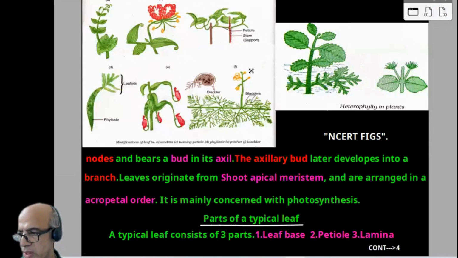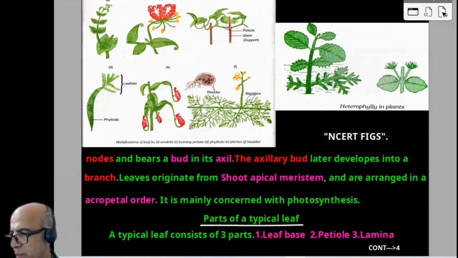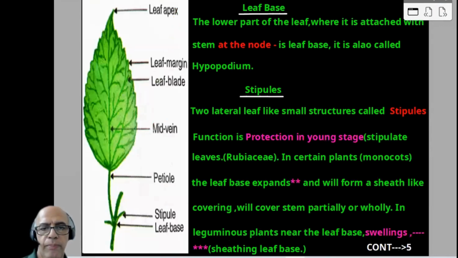All NCERT diagrams, new also there. Now, next we proceeded with the leaf. What is a leaf? From where it originates and how it is arranged. Then after that, parts of a typical leaf, epipodium, mesopodium, hypopodium, leaf base, then stipules we explained, then petiole, then